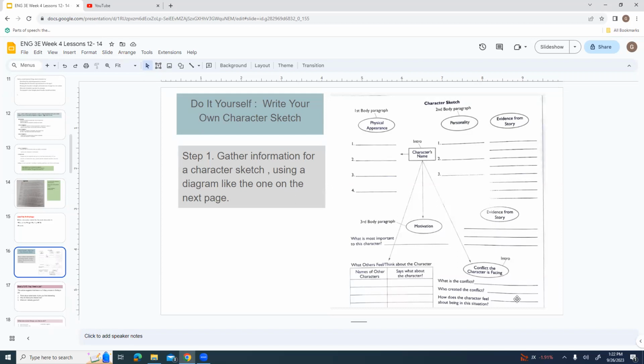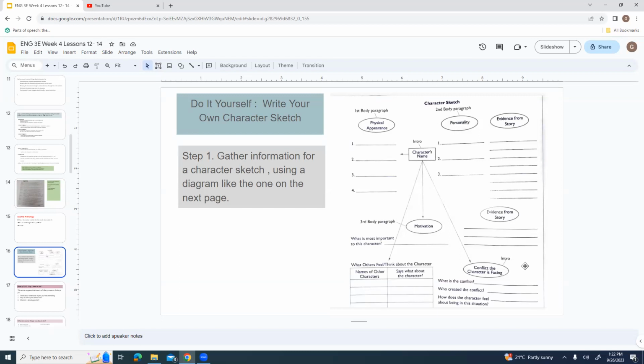And what's the big conflict? What is it? Who's created the conflict? How does the character feel about being in the situation? Sometimes there may be two conflicts. So I'm thinking of a movie Twister. I don't know if you guys have seen it.